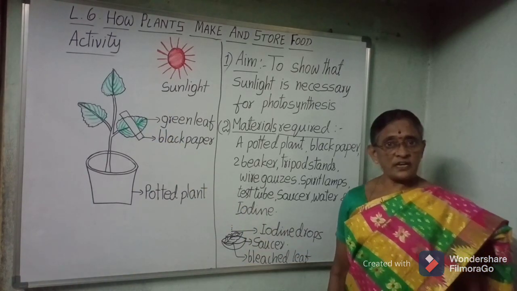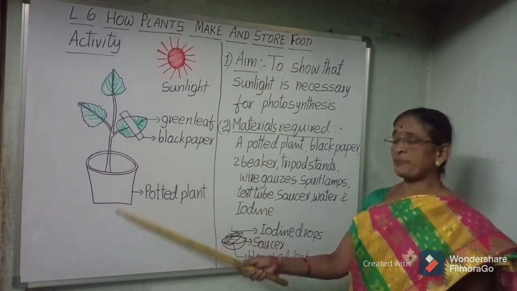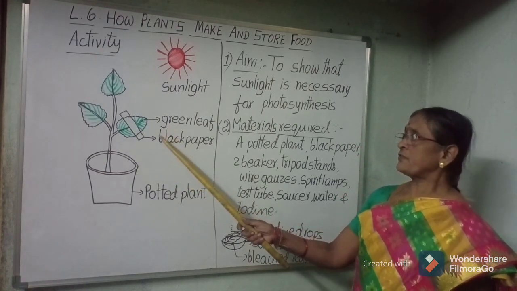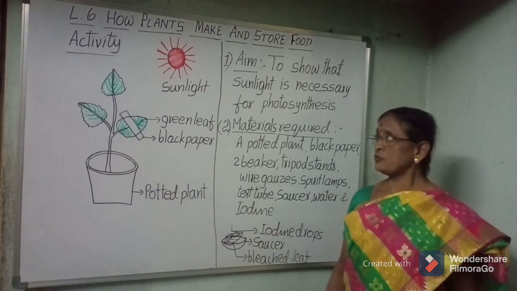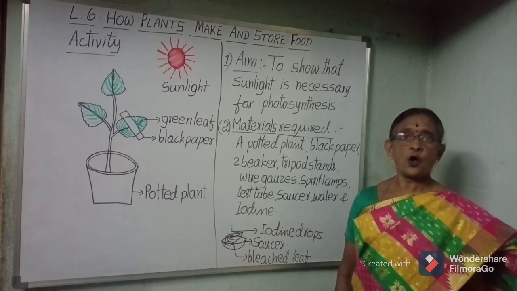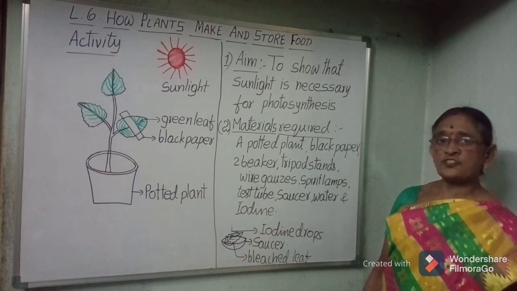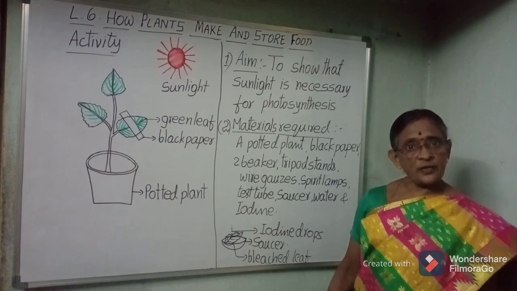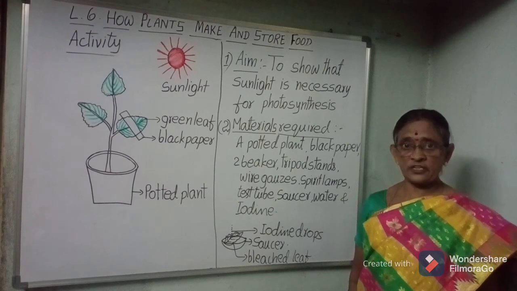Keep this plant in a dark room for 24 hours. After 24 hours, place the potted plant in sunlight for a few hours. Pluck the covered leaf from the plant. Boil the leaf in water. Remove the boiled leaf and place it in a test tube which has alcohol in it. Bleach the leaf to remove the green color and take out the bleached leaf, wash it with cold water and keep it in a saucer. Add 2 to 3 drops of iodine solution to the leaf.